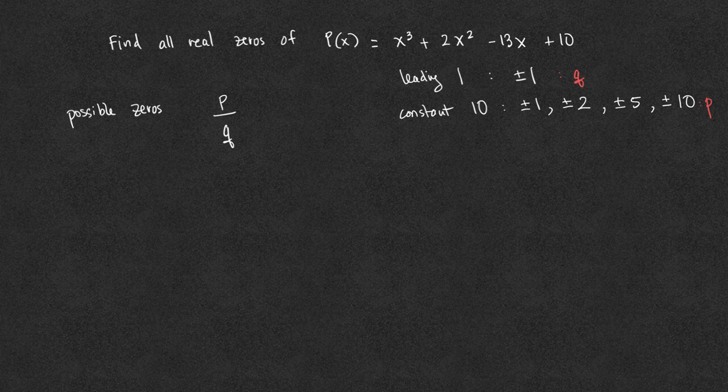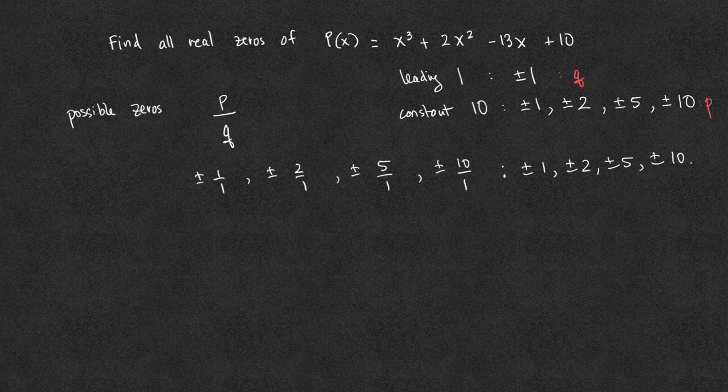The possible zeros are therefore plus or minus 1 over 1, plus or minus 2 over 1, plus or minus 5 over 1, plus or minus 10 over 1, and these are plus or minus 1, plus or minus 2, plus or minus 5, plus or minus 10. Any of these is a zero of the polynomial if, when we perform synthetic division, we end up with 0